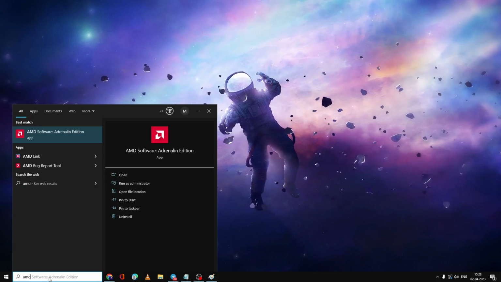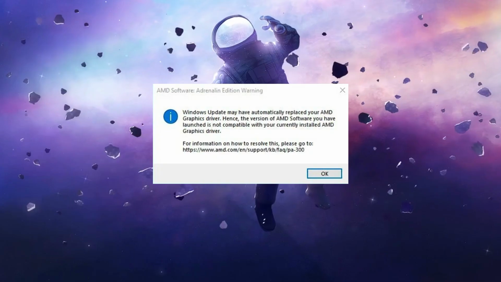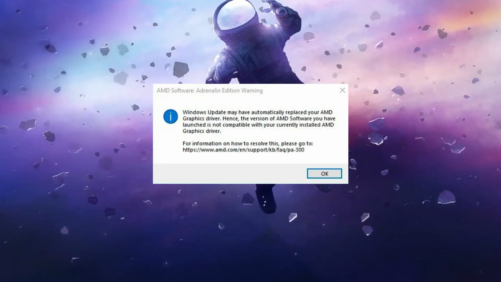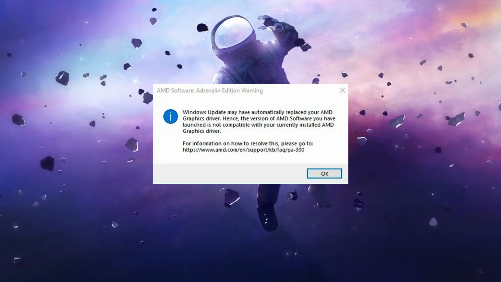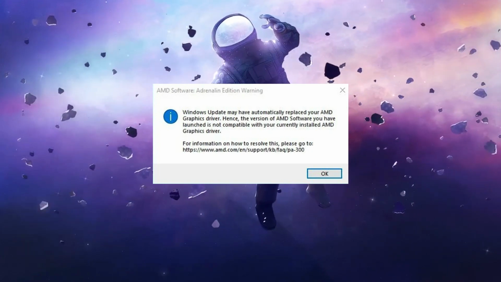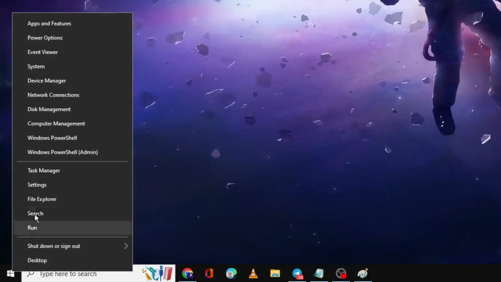Let me show you. When I try to open AMD software, it will come up with an error message and give you the same error message of AMD Radeon Software Adrenalin Edition Warning. Windows Update may have automatically replaced your AMD graphic driver. So the simple solution is you have to click on OK, right click on your Windows icon, then click on